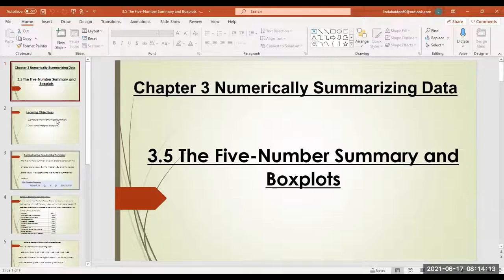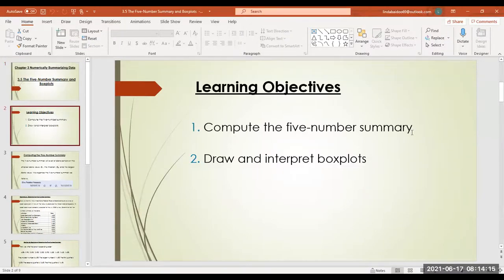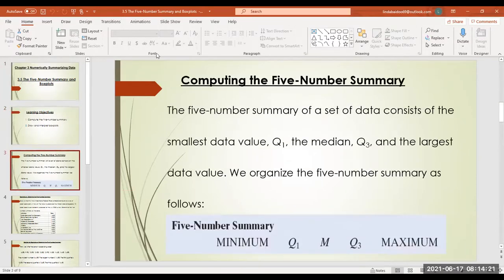So our learning objective is to compute the 5-number summary, and our second objective is to draw and interpret box plots. When we say the 5-number summary, it involves Q1, which we know how to calculate. It involves the median, which is the same as Q2. It involves Q3. And the first number that has to come before Q1 is your minimum